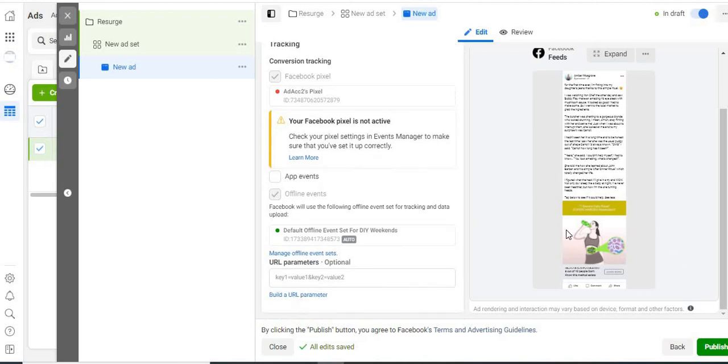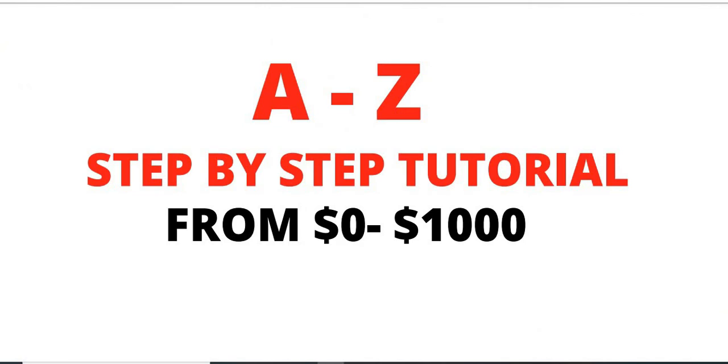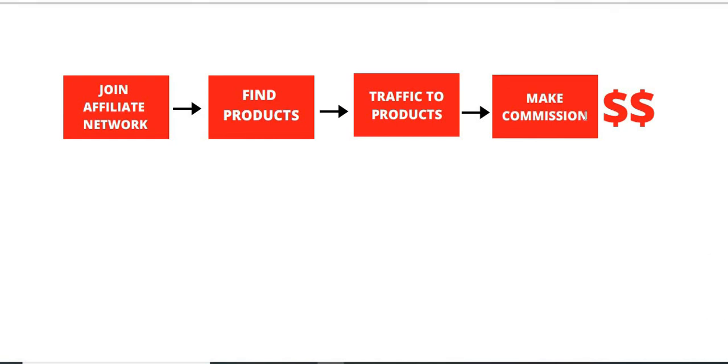So this is how it all works, guys. You have to keep things very simple, and once you start getting traffic to your product, you will make sales, you will make commissions. So this is how it all works, promoting ClickBank products on Facebook ads and making money from ClickBank affiliate marketing.